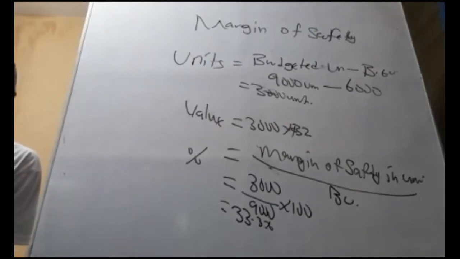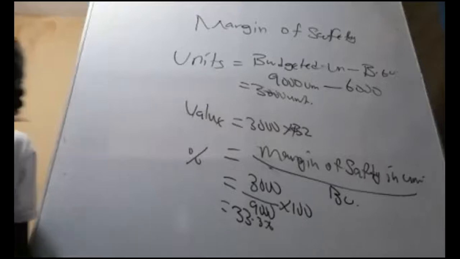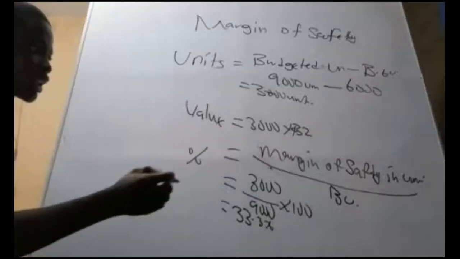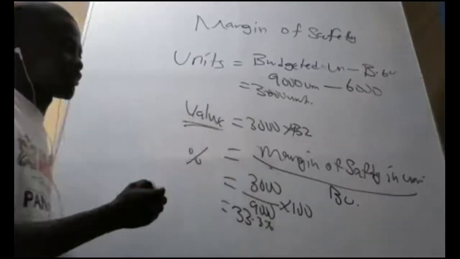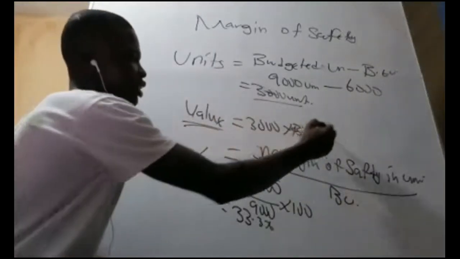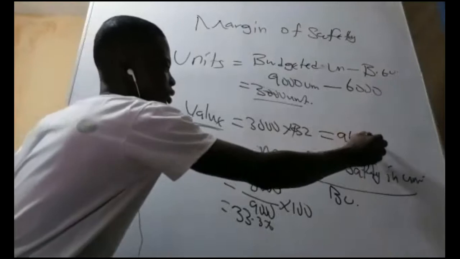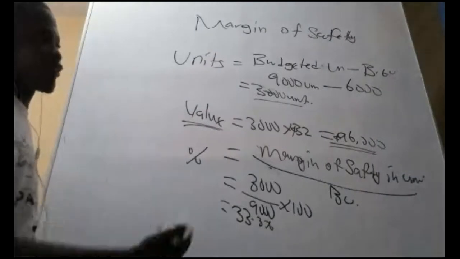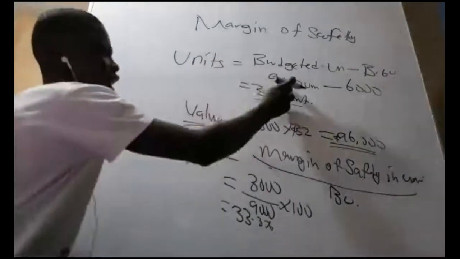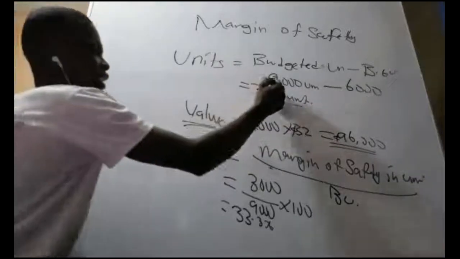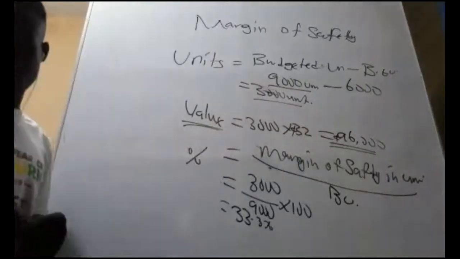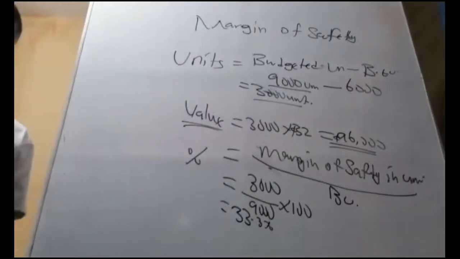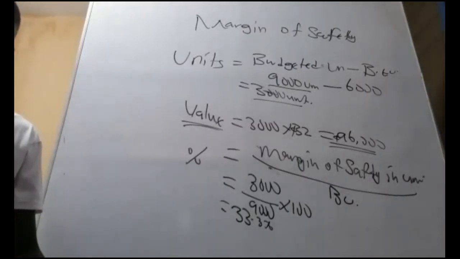The value, break-even, the value will be the 3,000 times 32. I did not request an answer for it. This one is the value, margin of safety value. It is the unit times the selling price. 96,000, good. So that's the budgeted. If we are doing it at the 12,000 activity level, then it should be 12,000 less 6,000. Here we are doing that at 9,000, their normal capacity. So that is it. Good, so that's how I get the values. Break-even in value. Good. So thank you very much. Let me quickly